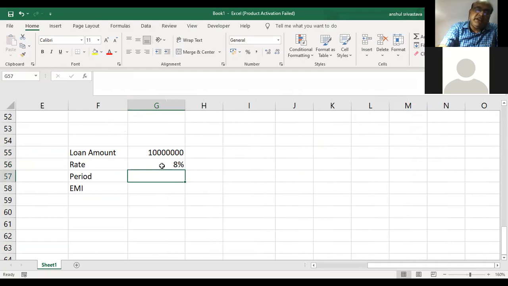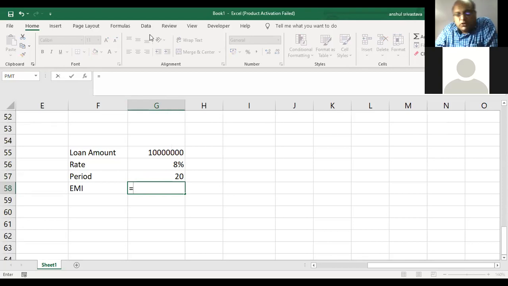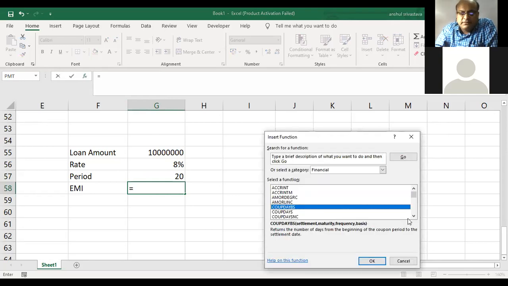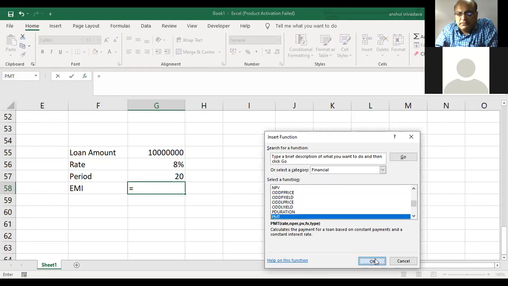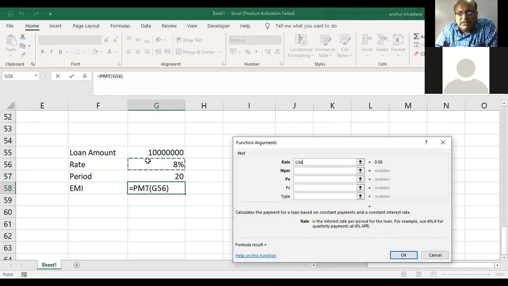Period is 240 months or 20 years. Which function are we going to use to calculate EMI? We are going to use the function PMT. So PMT rate is 8% by 12. Number of periods is,